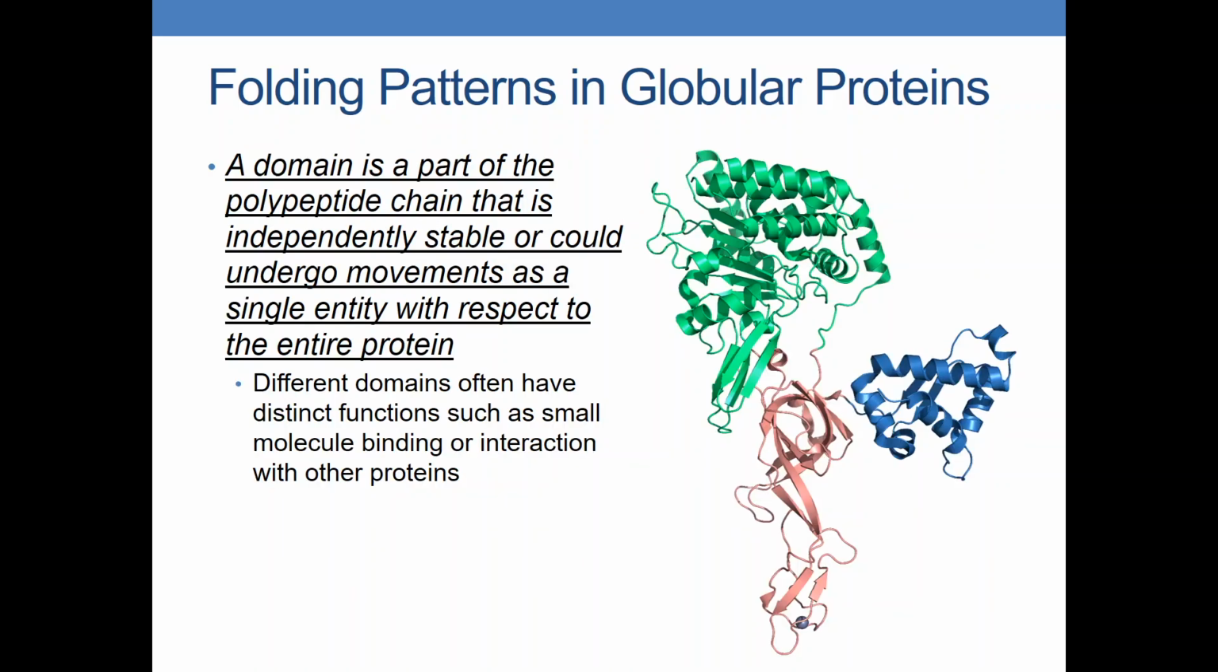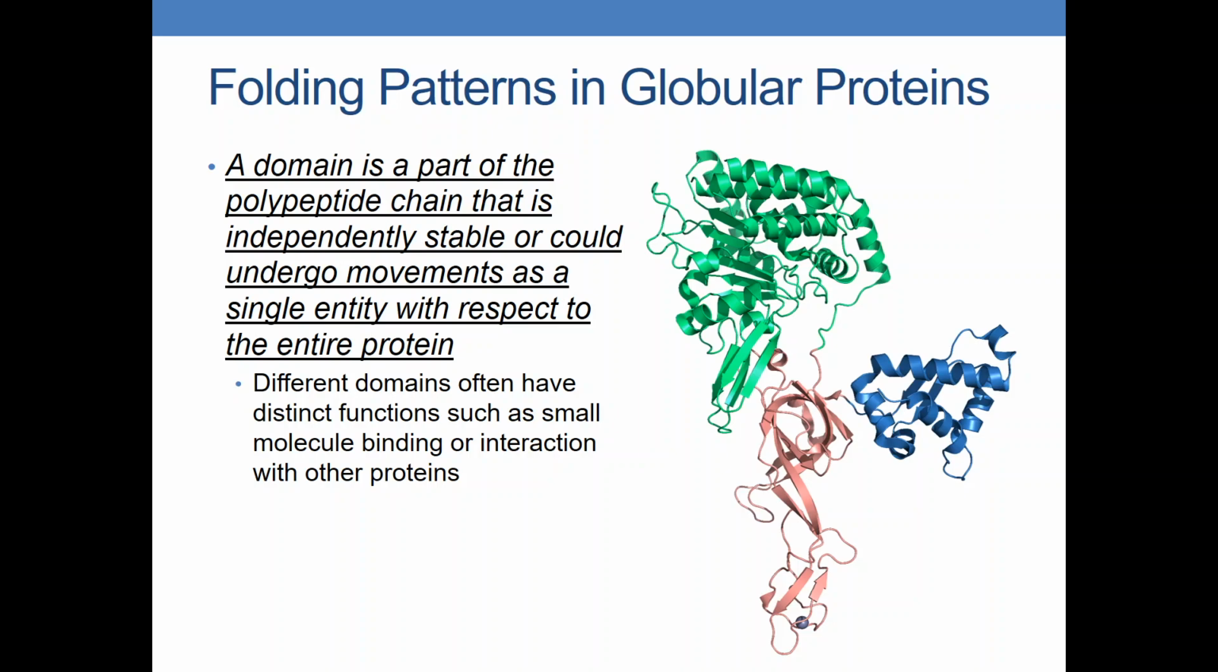The next layer of structure that we need to talk about is that of the domain. So a domain, technically defined, is part of the polypeptide chain that is independently stable or could undergo movements as a single entity with respect to the entire protein. So you're going to see that domains are built from smaller motifs, but the thing that really defines a domain as a domain is if I